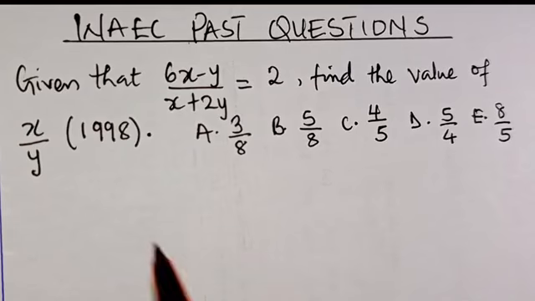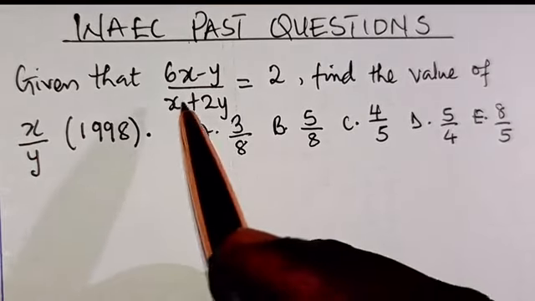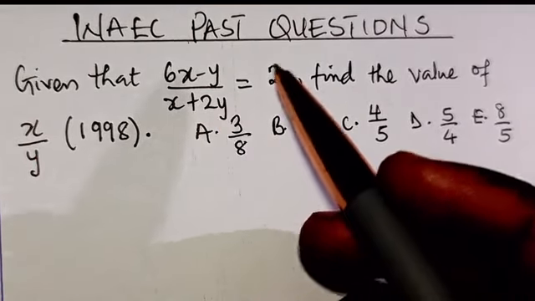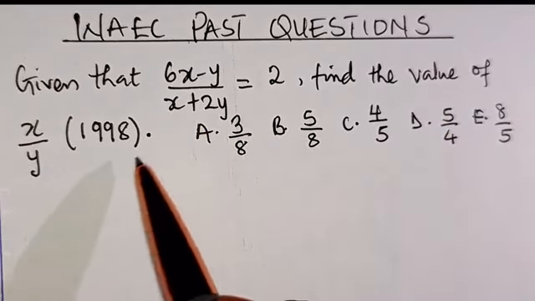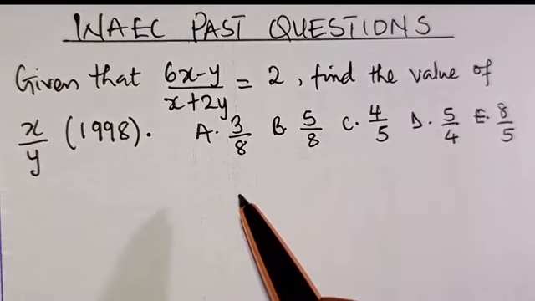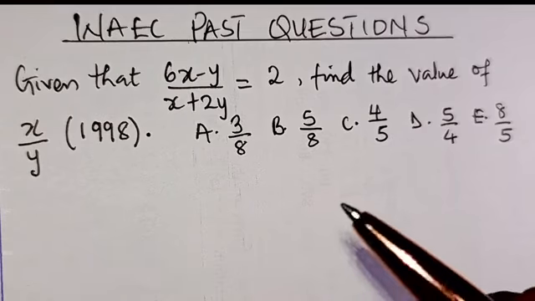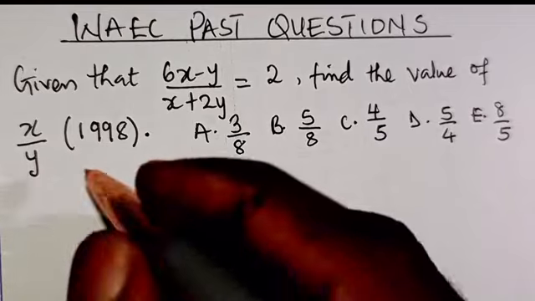So question number 3. Given that 6x minus y over x plus 2y equals 2, find the value of x over y, 1998. Then we have the options here. Kindly pause this video, solve it yourself, then come back to see what we have there. All right,